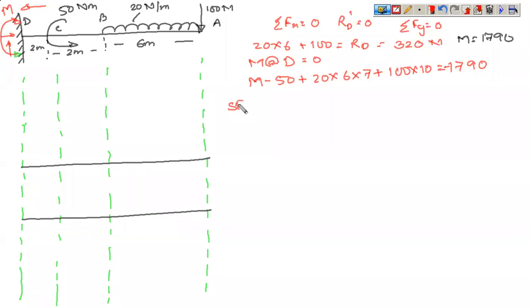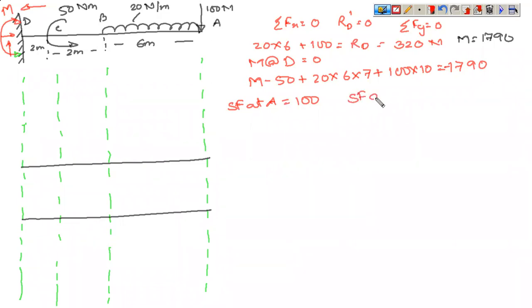So first is SF at A. Now SF just before A you do not need to find out, and just after also you do not need, because in just after the UDL does not have a distance. So SF just before A is 0. SF at A, downward acting is positive. If you remember the sign conventions, downward acting forces are positive. So this is 100. SF just after A is not required because that will be compensated in the variation between A to B.